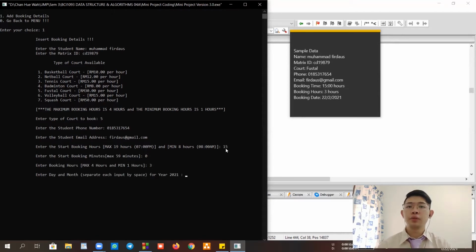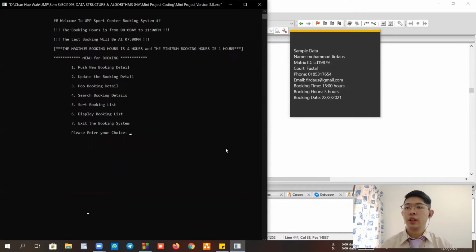So now for the booking date, our group had set the year to become 2021, which is this year. So the user is only required to enter the day and also the month. The user needs to enter the day and the month separately by using a space. Like the user needs to enter the day first, which is 22, and space 2 for February, and then enter. Okay, now the success message has popped up, and users are required to press enter to continue,